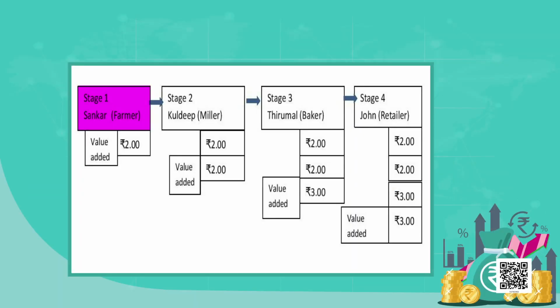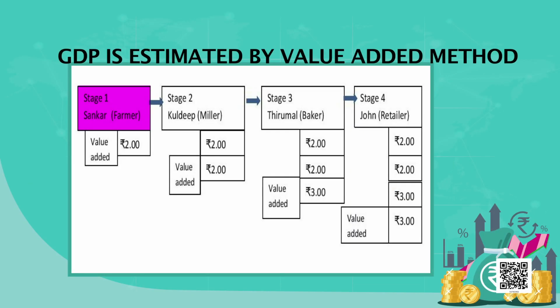Then it goes to the miller. I am giving the example of Shankar, a farmer, who adds the value of wheat and sells it for 2 rupees. Then it goes to the hands of a miller, Kuldeep, a miller in Punjab. He converts it into wheat flour. He bought this for 2 rupees, put in all other raw materials and his effort, made some profit,